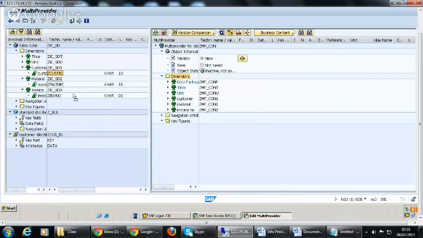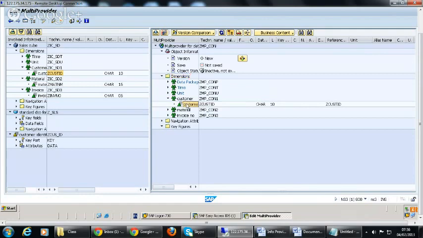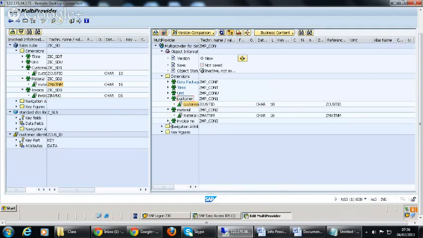I want to give the customer ID in the customer dimension and expand this. Here there is a dimension, right? And material number to the material dimension, and then invoice number to the invoice dimension. So these are the dimensions.